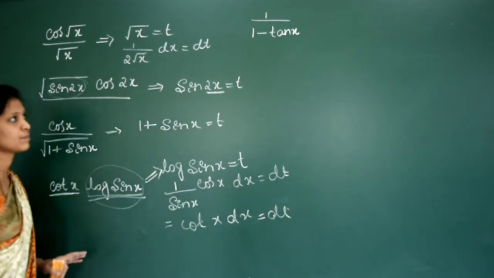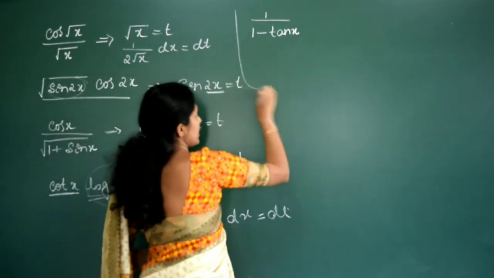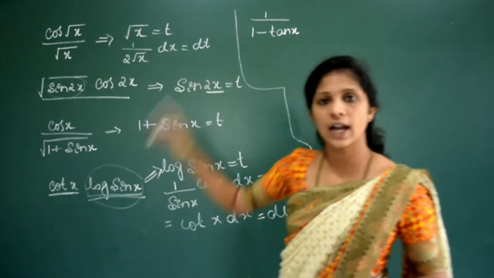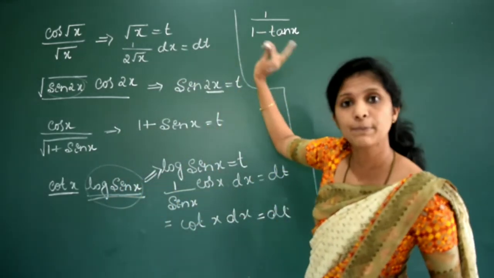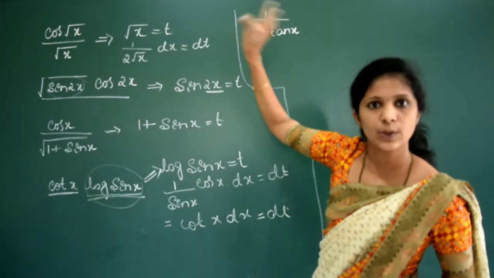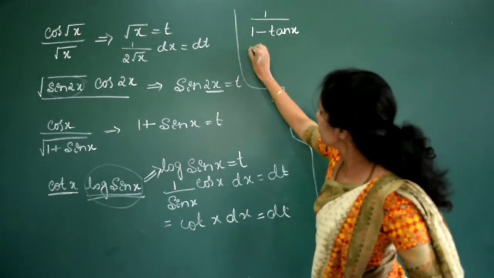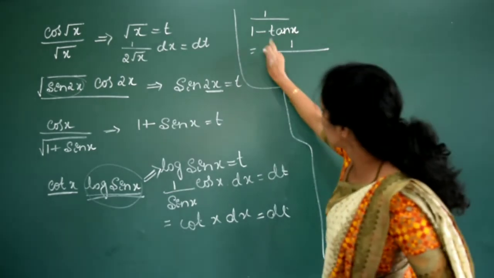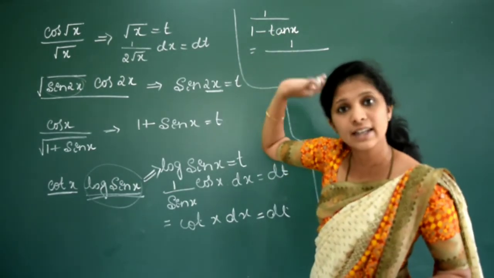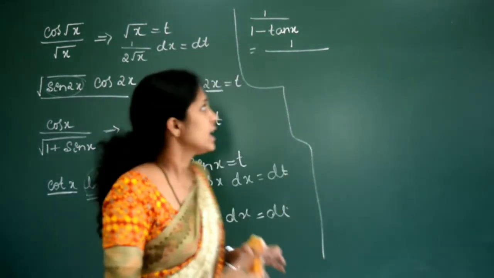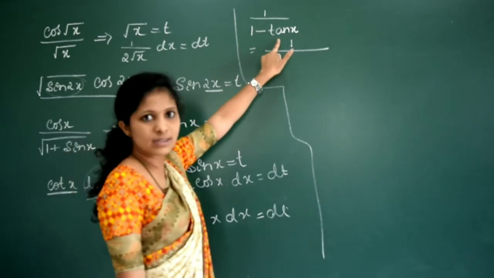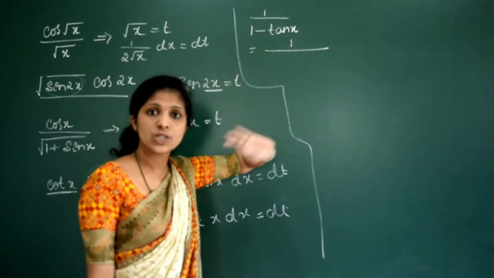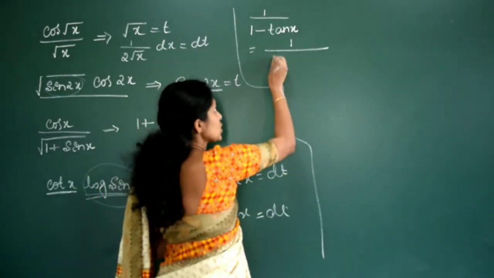Substitute everything and simplify. See this one, 1 minus tan x. Similar problem we have solved in the previous session, and one more problem is there, 1 by 1 plus cot x. That is similar to this one, we have to complete that. See here, this is similar to the one we solved in the previous session. 1 minus tan x, directly we cannot integrate, and directly we cannot give the substitution also, right? If you give the substitution for 1 minus tan x, here secant square is not there, right? So direct substitution is not possible. So you need to simplify.